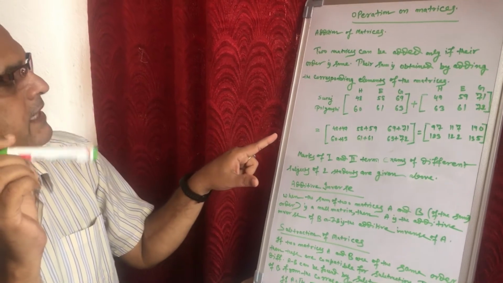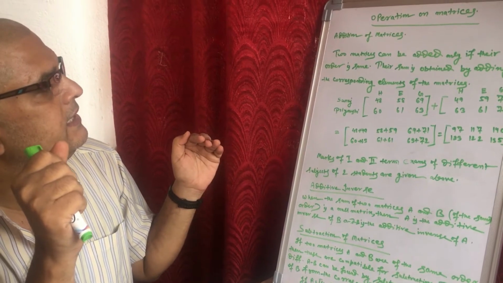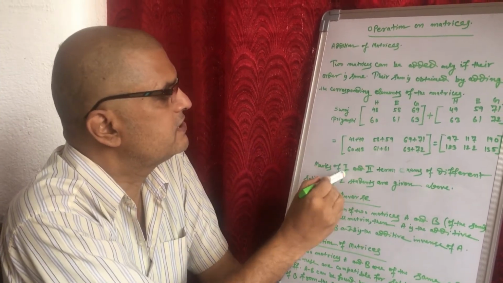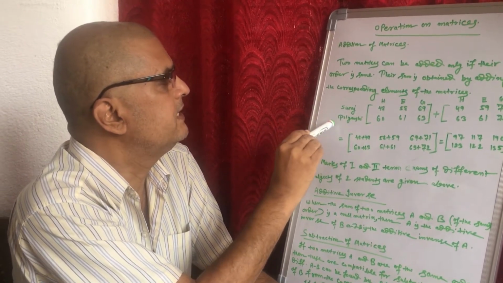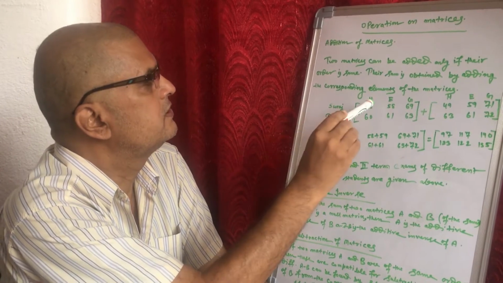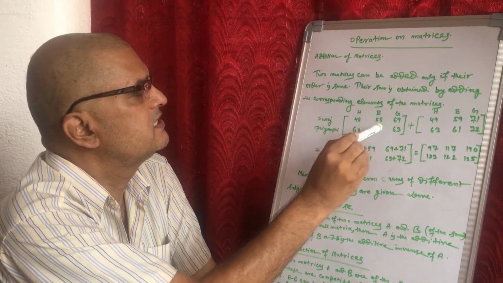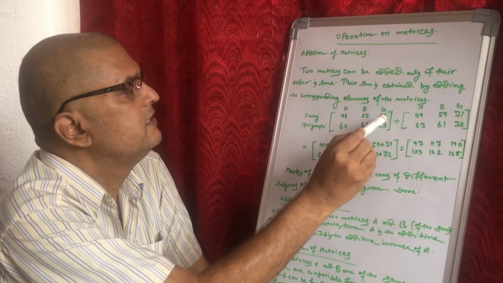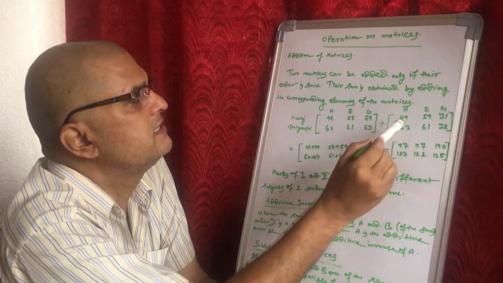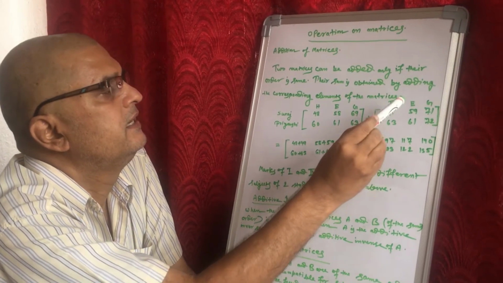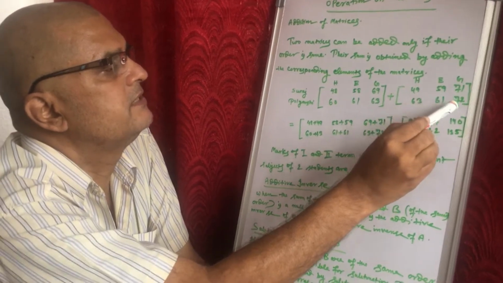Now I have taken the example of two students and their marks in Hindi, English and Geography of the first term and second term. Suppose the names of the two students are Suraj and Priyanshi. In the first term they got in Hindi 48, 60, in English 58, 61, geography 69, 63, and in the second term they got in Hindi 49, 63, in English 59, 61, in geography 71, 72.